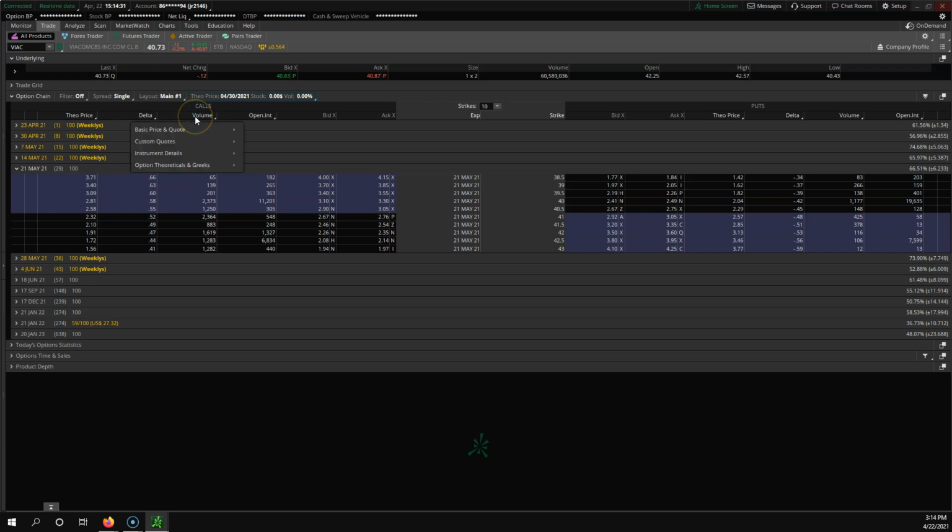If we come over here and look at our theta, remember, theta is the rate of change that the option premium is going to decay every single day. And remember, as you get closer to expiration, that theta will start to go higher and higher. So right now it currently has a minus 0.05 theta, meaning this option is going to lose about 5 cents